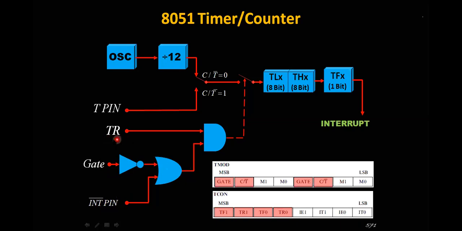So this is TR bit. This is for to run the timer. So TR bit, you are giving this TR bit, TR0 or TR1. And next T bit is nothing but this is external. Means when it is counting, when a clock signal is coming through the external pins, TX pin, then it is acting as counter. So we can call this as a switcher. When it is connected here, it is acting as timer, CT bar equal to 0. When it is connected to this switch, CT bar equal to 1. So this is the circuitry for the 8051 timer or counter.